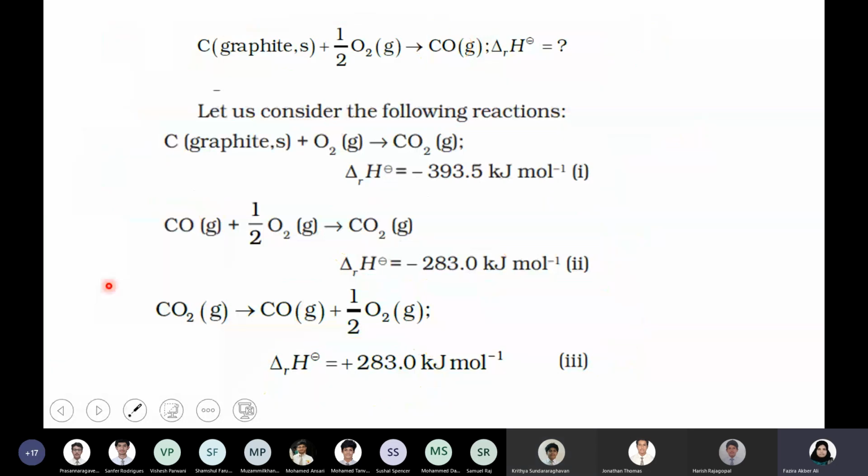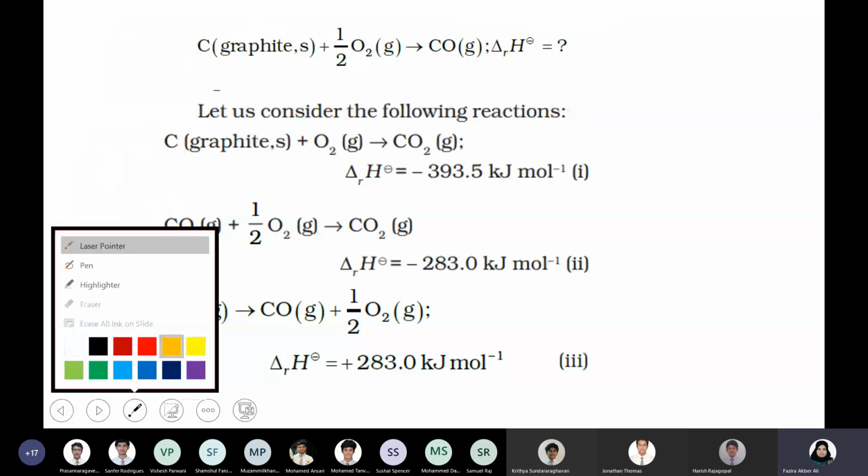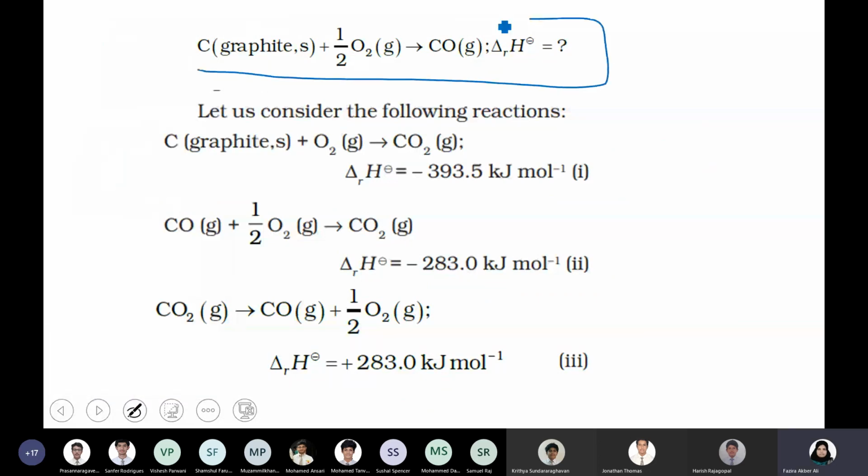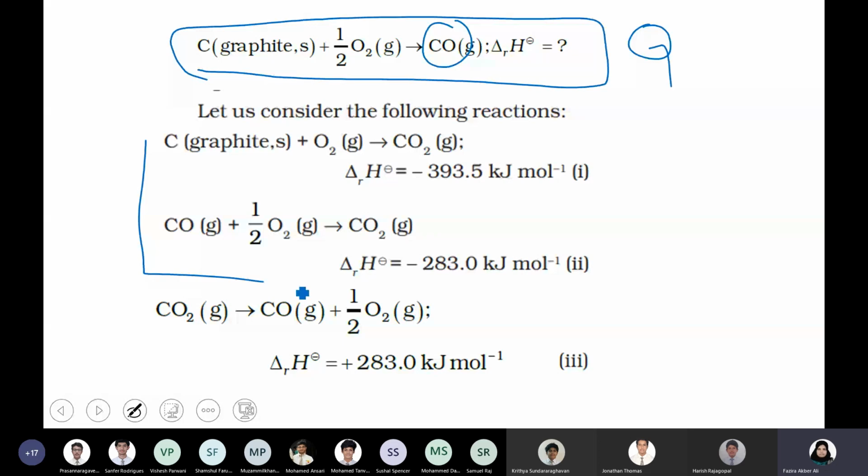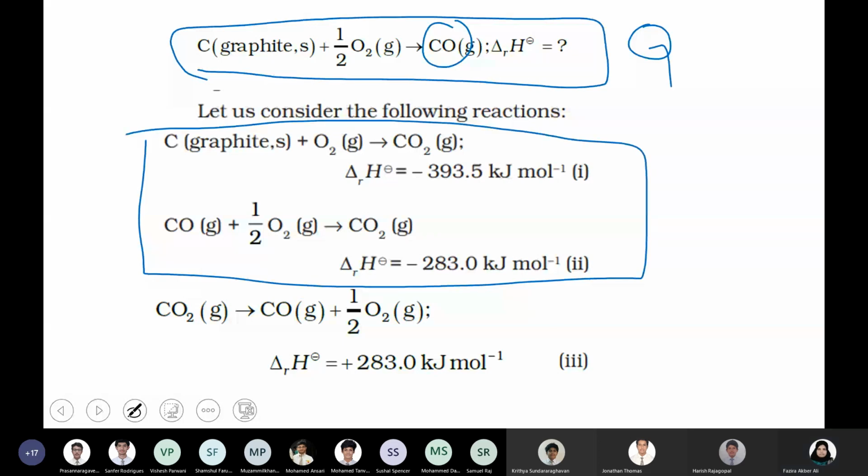Yes, sir. Okay, and why do we have to flip? That is the question. That is because of our equation. In our equation, this is what you need to calculate. Carbon monoxide is given as the product, but these two equations given along with the question have carbon monoxide as a reactant. So that will not be matching, because here carbon and O2 is correct, and this carbon monoxide is supposed to be on the other side. So that is why we are reversing the equation, and you got it.